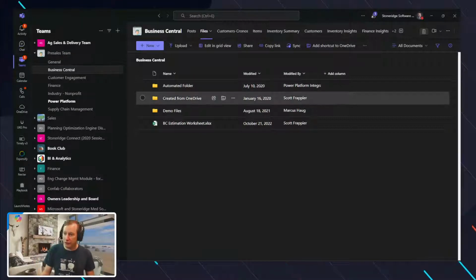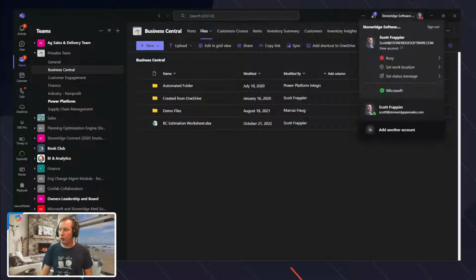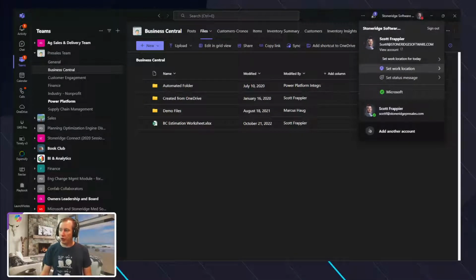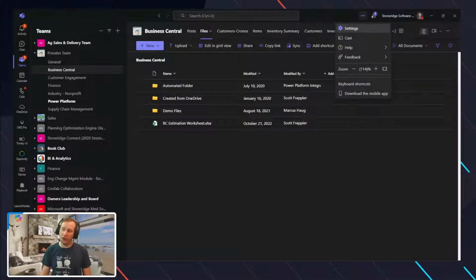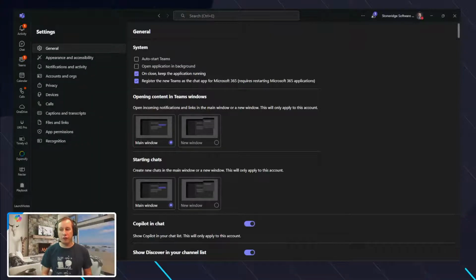Now, beyond that, from a Teams perspective, let's go through some of the features real quick because I think this is where you're going to start learning a little bit more of what you can do within Teams to really drive it. So first and foremost, as you can see here, I've got my account details inside of here, but in my Teams interface, if I click on my settings, there are some features that are really nice to have enabled as part of that. So as you can see here, auto starting, so opening up Teams when your computer boots up, typically that's checked. I'm typically starting it up manually because I don't want it popping up.